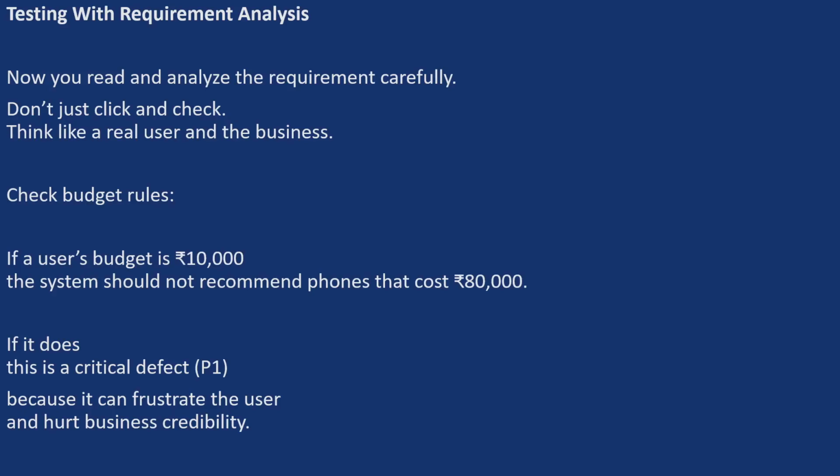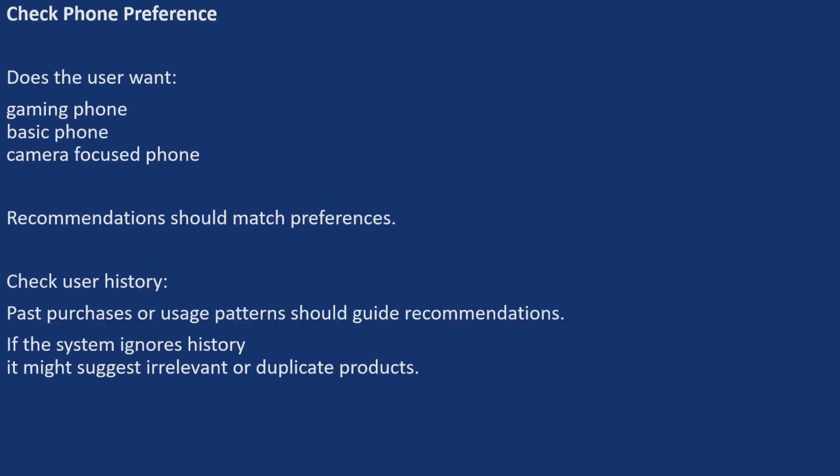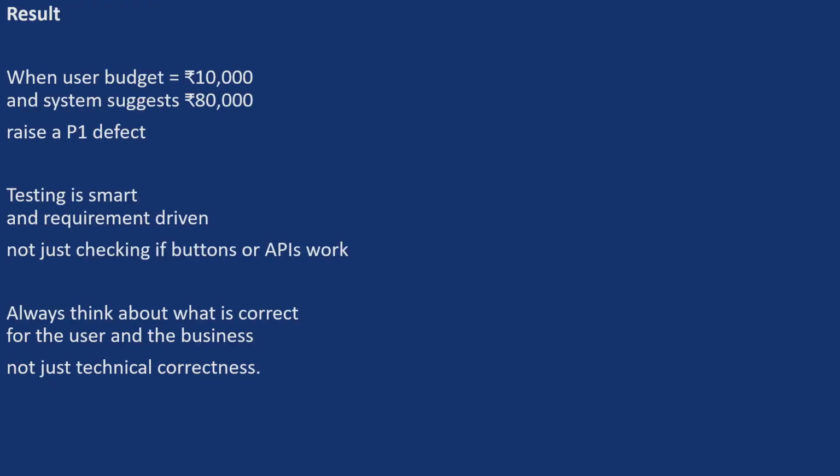We'll also check the user history. Past purchases or usage patterns should guide recommendations. If the system ignores history, it might suggest irrelevant or duplicate products. So the result is, when the user budget is actually 10,000 rupees and the system is suggesting an 80,000 rupees phone, we need to raise a P1 defect. And if testing is smart and